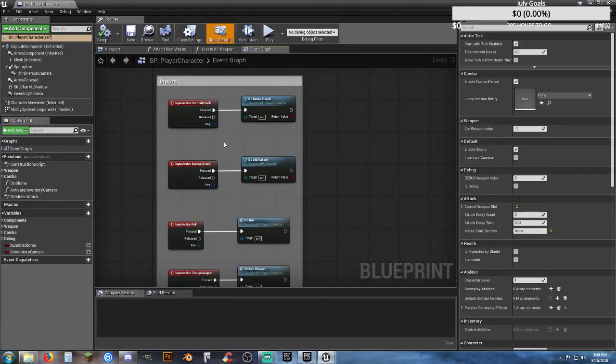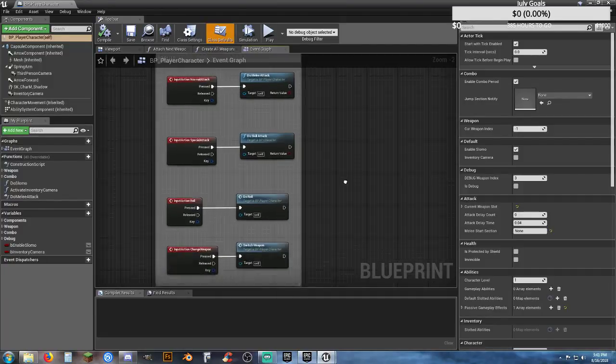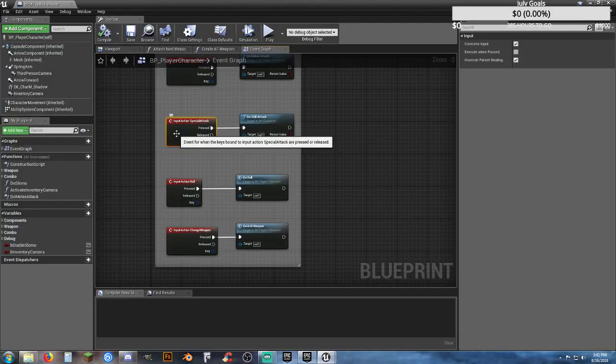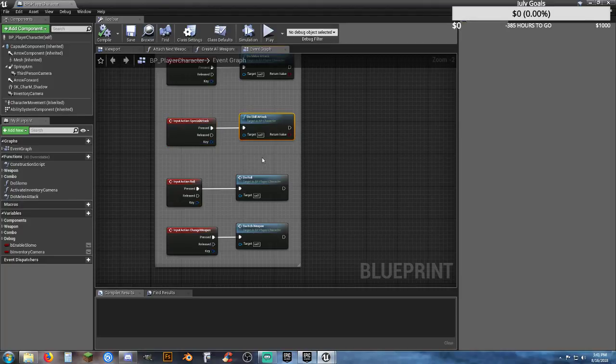Inputs. This is what kind of bugged me, is the attack inputs. I would rather have left mouse cursor and right mouse cursor as my attacks. Or like for the roll animation, hit E or F or whatever, something to change those around. So I guess if you wanted to, your input action: normal, walk, special attack, roll, and change weapon. So it's currently set to do skill attack for special attack,